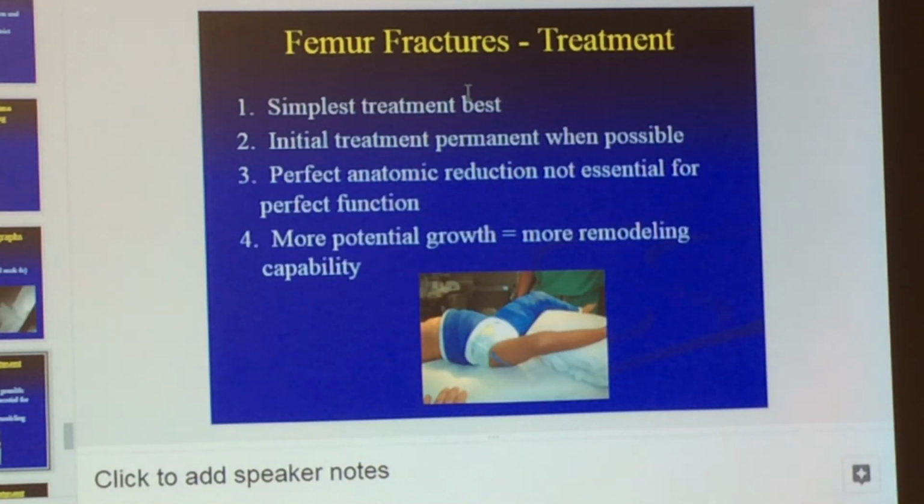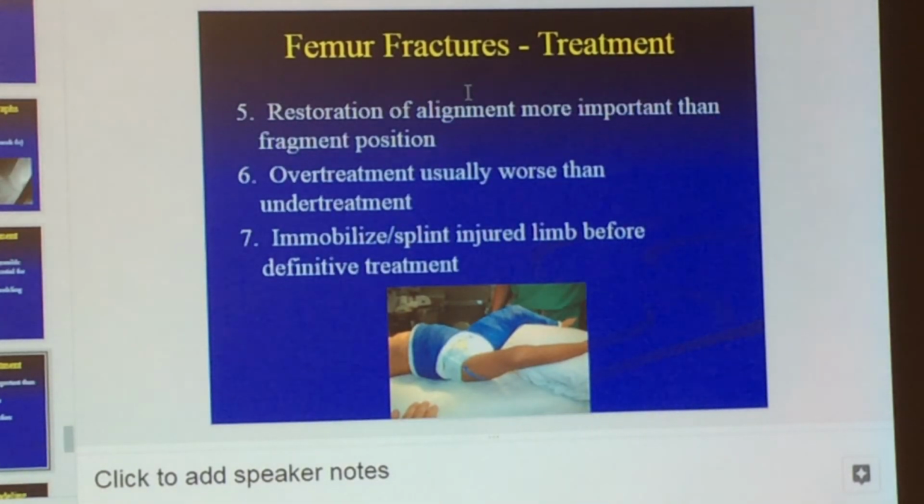Okay, so you don't use the weights anymore on them? We do sometimes. It depends on if we want to do something operative, and that's up to the attending and above my pay grade. So for the spica cast, I'm going to scroll down to